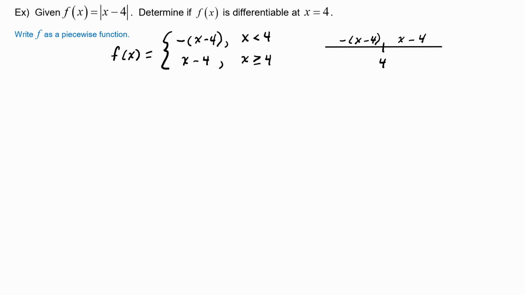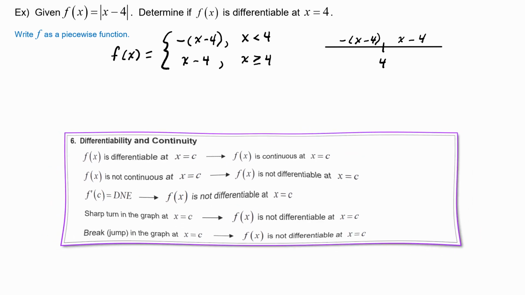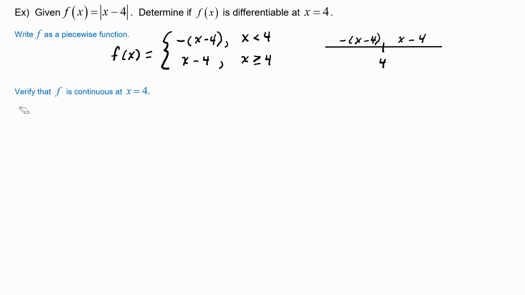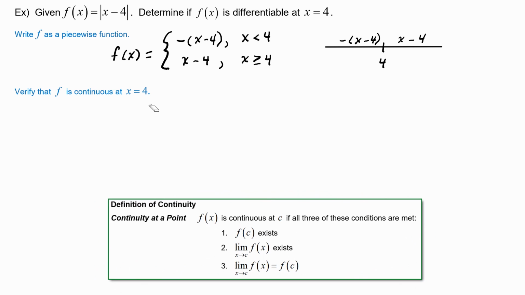Now, before we can decide if f is differentiable, we first have to know whether f is continuous or not. Because remember, one of the rules we learned is that if f is not continuous, then f is automatically not differentiable. So first, we will verify that f is continuous at 4 by walking through the 3 steps of the